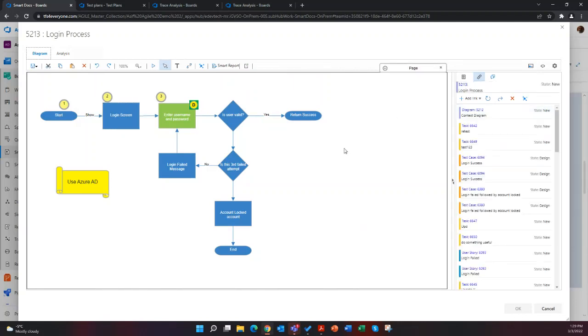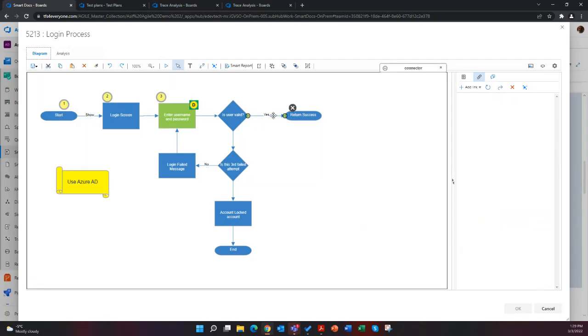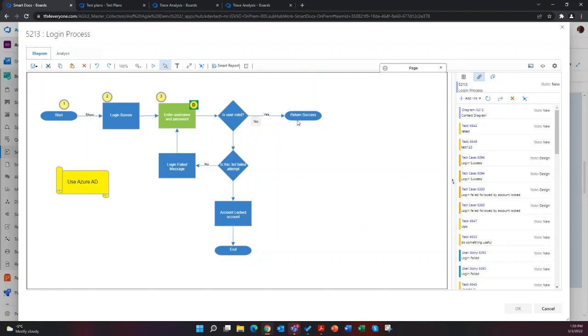Similarly, I can do that at the macro level, at the overall diagram level. I can create new work items or link existing ones, or you can even do it at the link level. In some cases, rarely, there are cases where against links you need to be able to create work items because the link implies some requirement. So now we are using the diagram as a trampoline to identify our requirements, our risks, whatever the case may be.